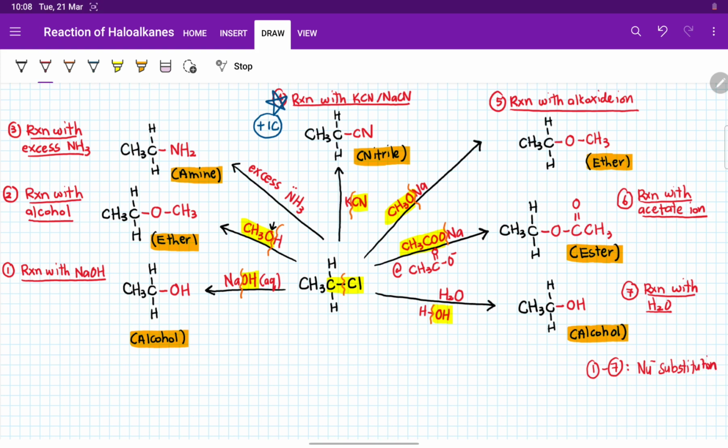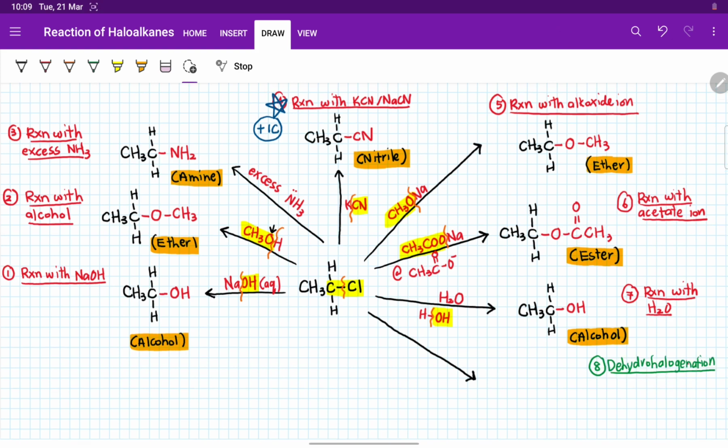Okay, now moving on to the 8th reaction. Reaction yang ke-8 untuk kita punya haloalkane. So, yang ke-8 dekat sini actually awak dah jumpa dah dalam chapter 5, which is dehydrohalogenation. Okay, yang mana dekat sini untuk dehydrohalogenation, again dekat sini kalau kita revise balik, so kita ada CH3 and